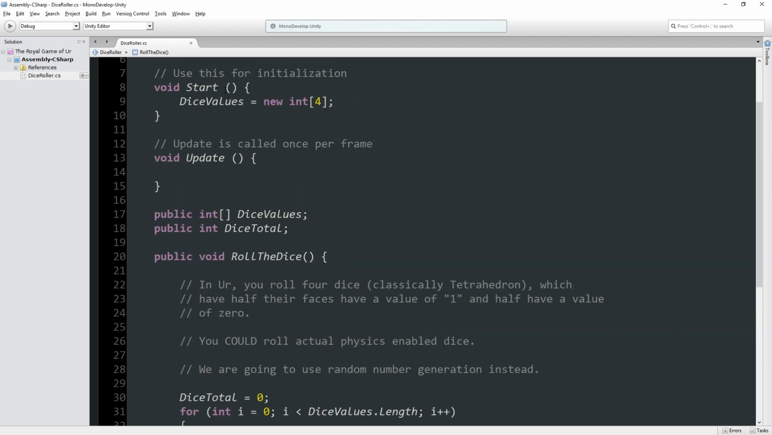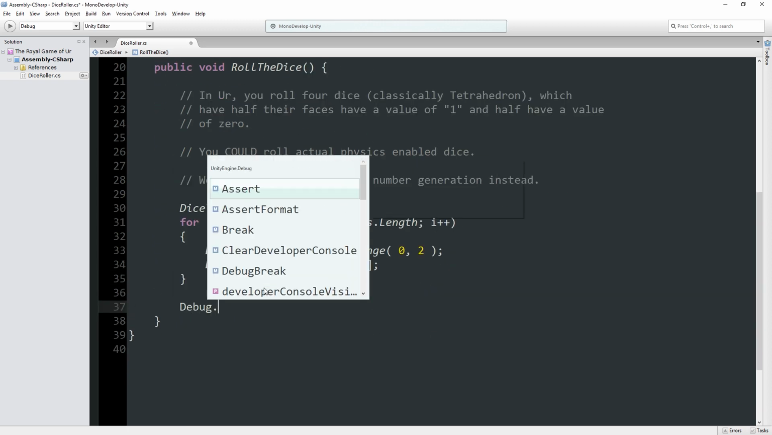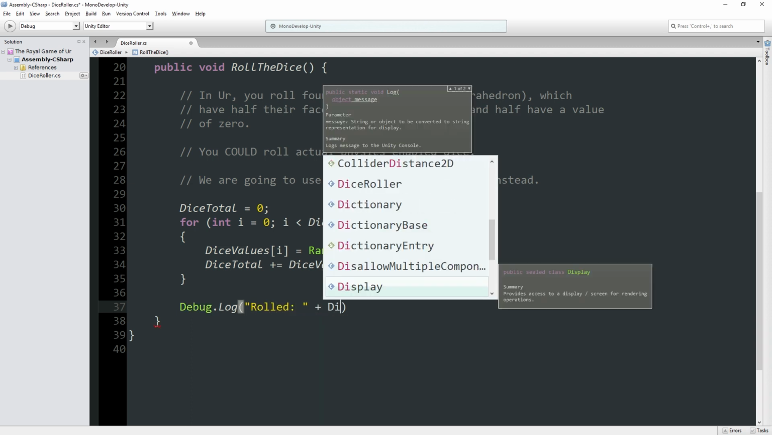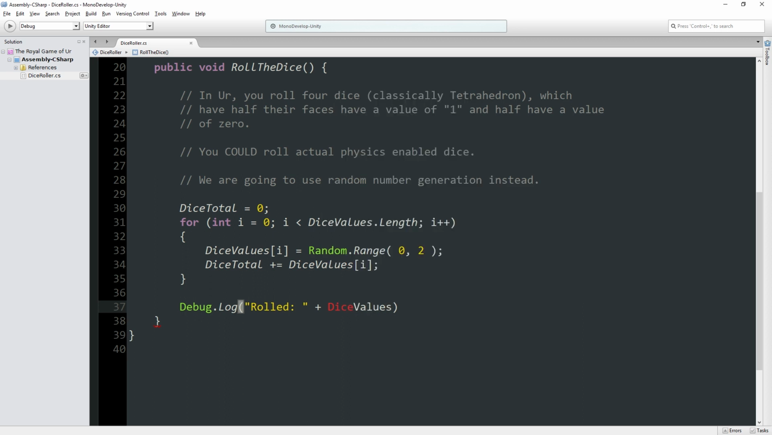There's probably going to have to be some other signal at this point, because the next thing is going to be, okay, you've rolled it. What we should do is put a little debug log. Debug.log, rolled. So, we rolled dice. You know what, let's return, if we return dice values like this as a string, I think it'll show us all the individual amounts. And then we can go something like plus,